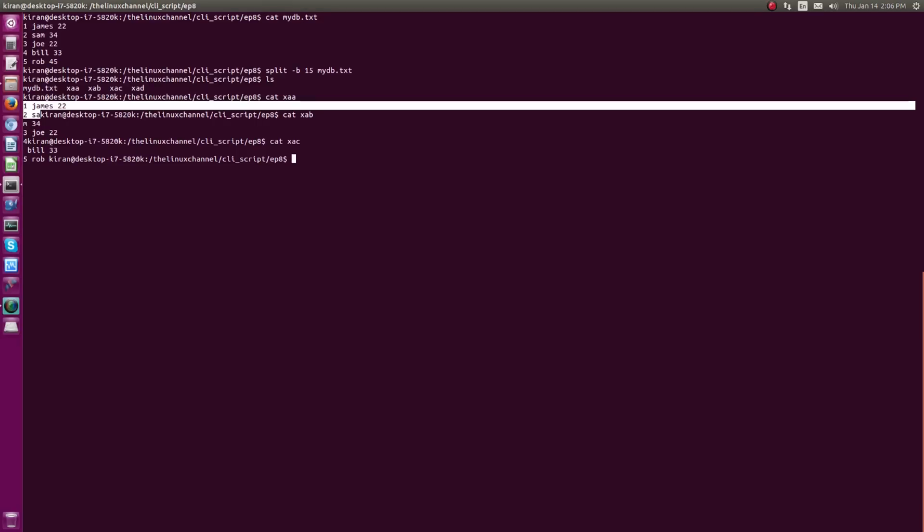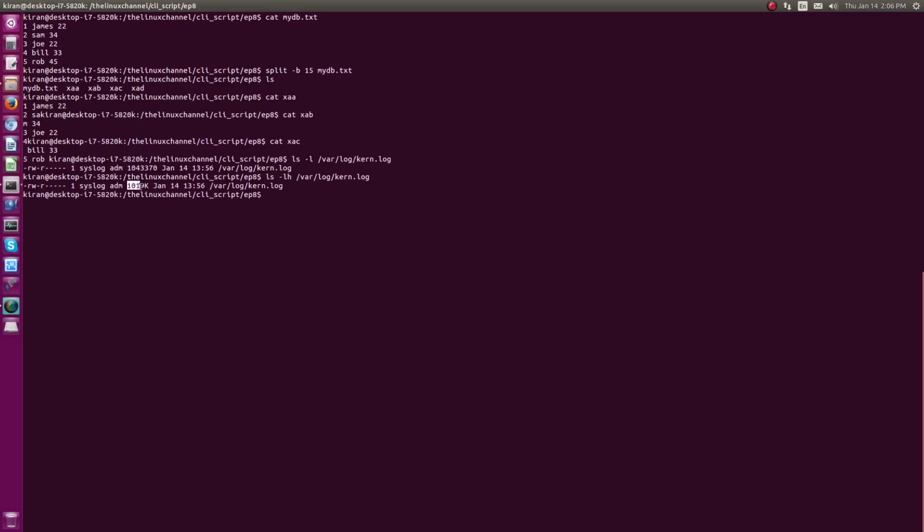I can show you another example. Say my log file size is quite huge, where kernel.log, as you can see here, is around 1000 K, almost 1 MB in size, and log rotation has not yet been done.